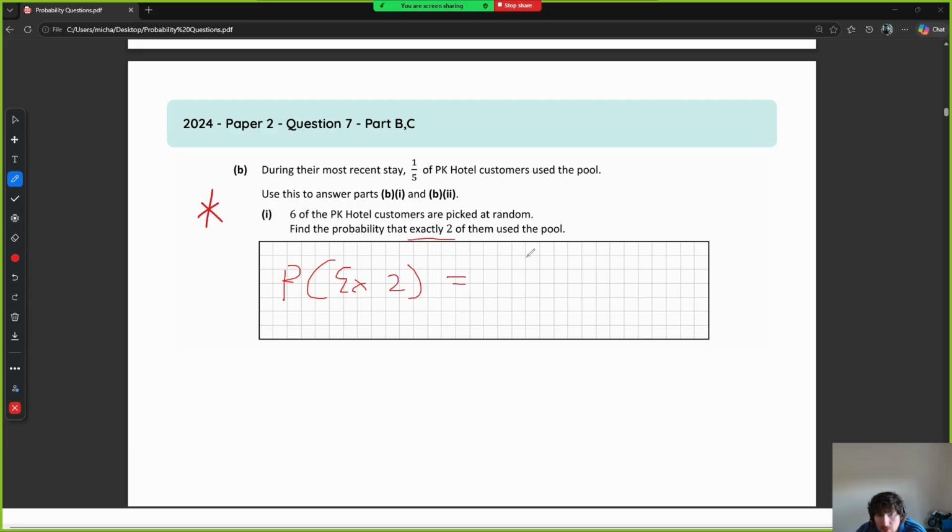Probability of exactly 2. It's 6 choose 2. And then it's the probability of success, which is a 5th. That's using the pool. And that's power 2. And then 4/5 is the failure. And that's the power 4. Okay, so I'll type that into the calculator. 6 choose 2, times 1/5 squared times 4/5